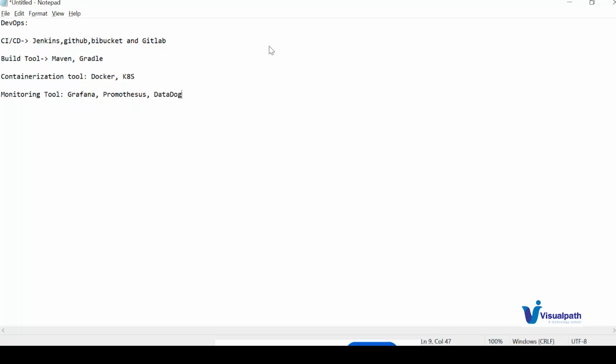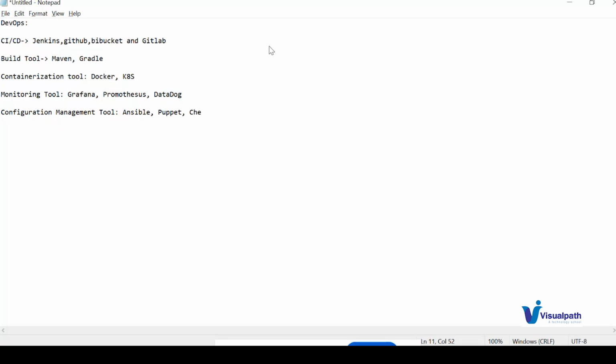Some other tools are also there, like configuration management tools: Ansible, Puppet, and Chef.